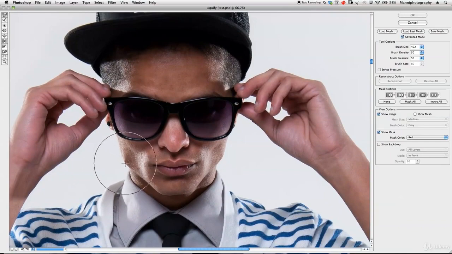So my brush at the moment is quite too big on the right hand side. I can change my brush size again, make it around half the size. It's a bit too small, so I normally change my brush size, go back in, have a look, and around 200, that's good for me at the moment. Okay, so first of all what I want to do is just structure this chin in a little bit,